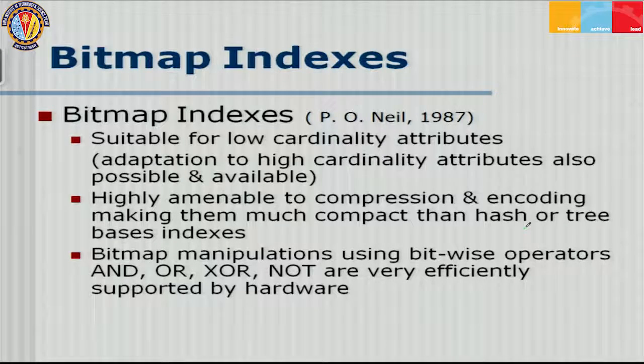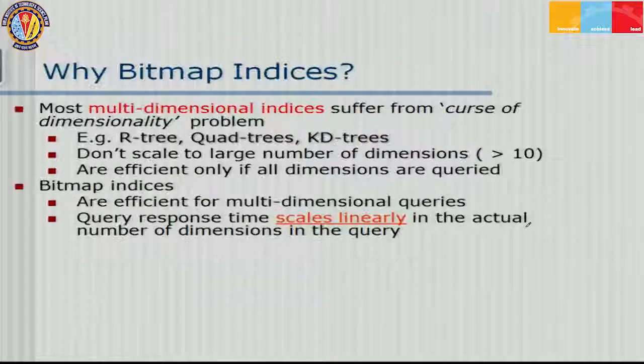Bitmap manipulations using bitwise operators like AND, OR, XOR, NOT are very efficiently supported by the hardware. So there is hardware support for these operations, so that also helps in improving the performance using bitmap indexes. So why bitmap indexes? Because